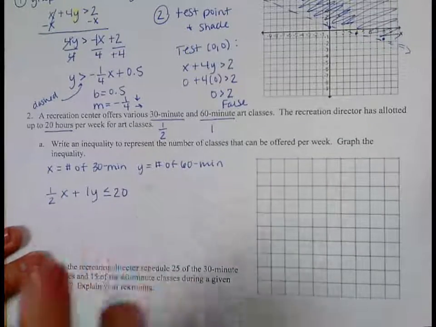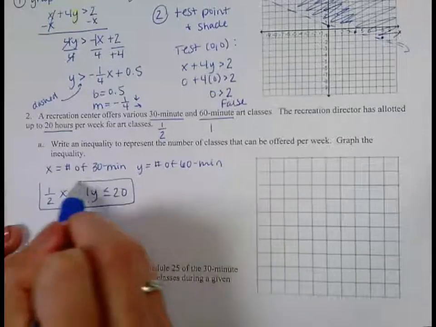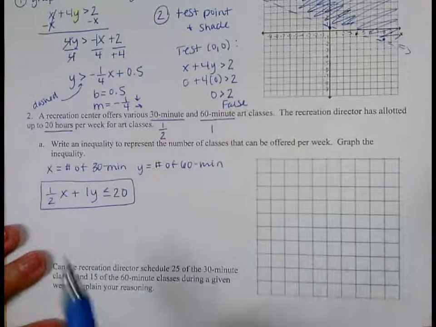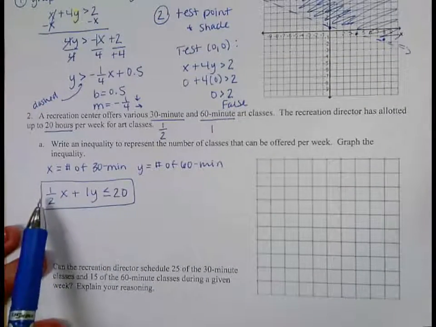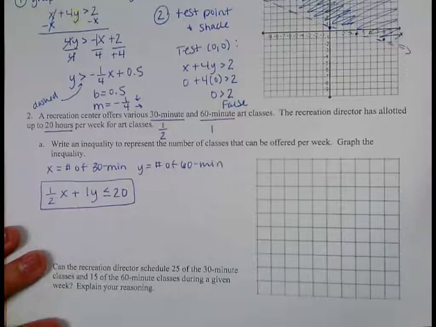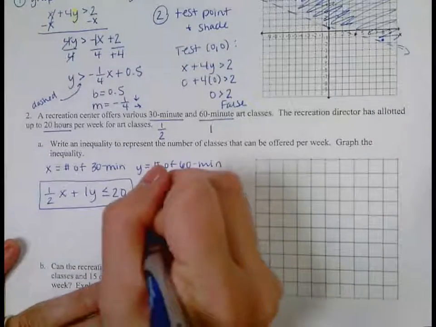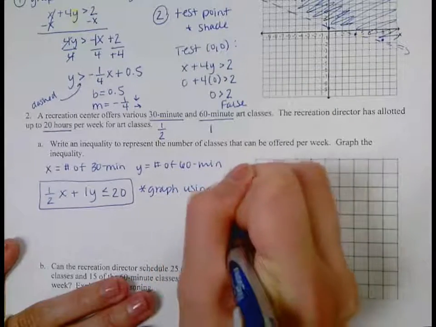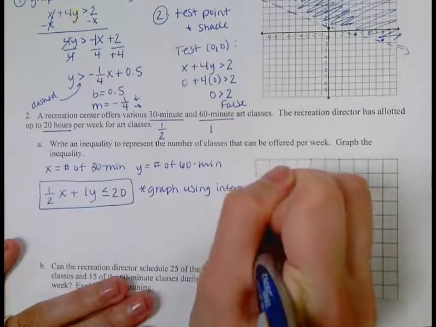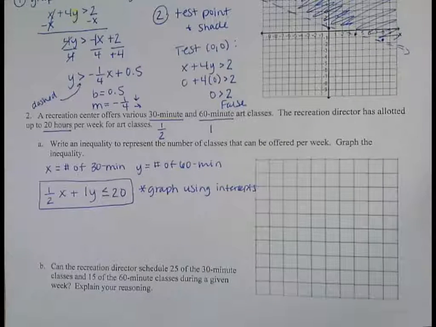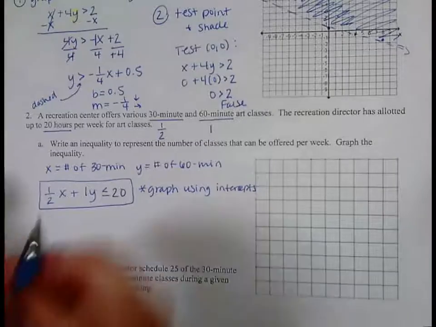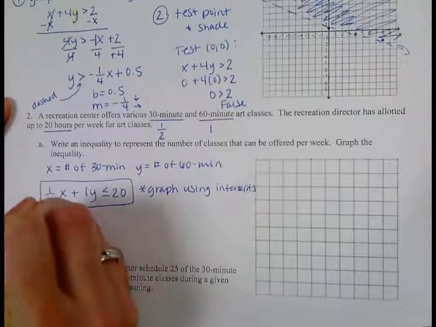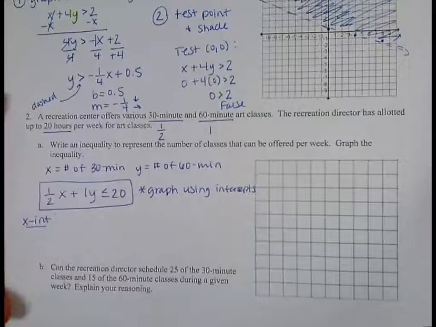And this would be the inequality. Now I need to actually graph this. So this is actually writing the inequality. That's part of my answer. The graph is the second part. I certainly could get this into slope-intercept form to graph the boundary like I did for number 1, but I want to review with you another way to graph is I can graph this using intercepts. So this is the method that we reviewed in lesson 2.2, finding the x and the y intercept before you graph. So as a review, to find the x-intercept,